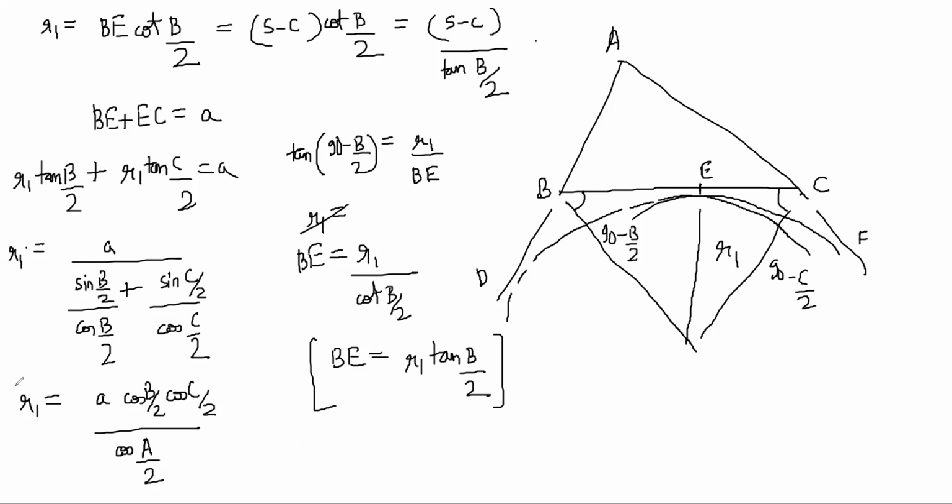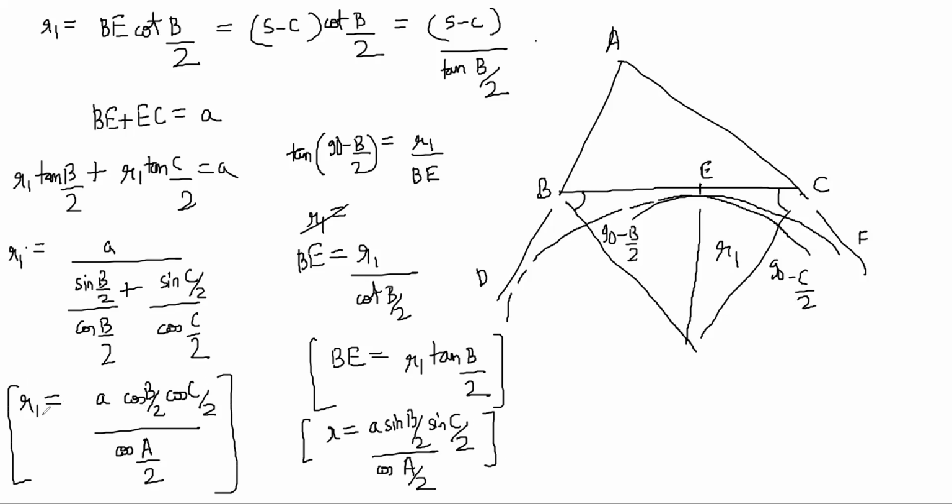So we have gotten this result. This result is similar to the result we got for small r, right? Small r was coming as a sin(B/2) sin(C/2) by cos(A/2), right? This had come last week. Now see here, the difference is that all the angles became cos because the angle here became 90 minus B/2. B and C angles were 90 minus B/2 and 90 minus C/2, not just B/2 and just C/2, right?